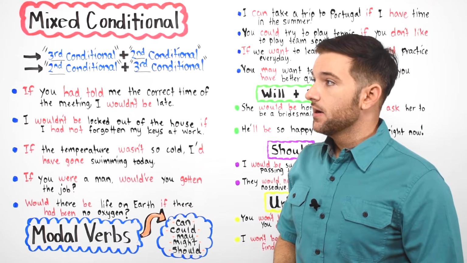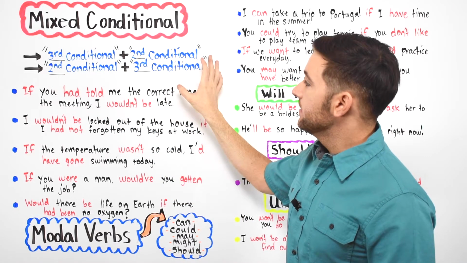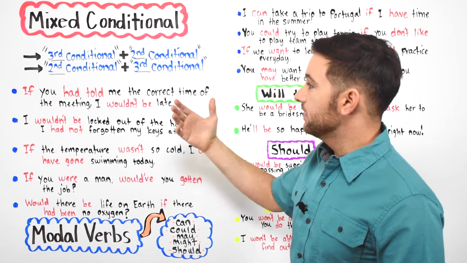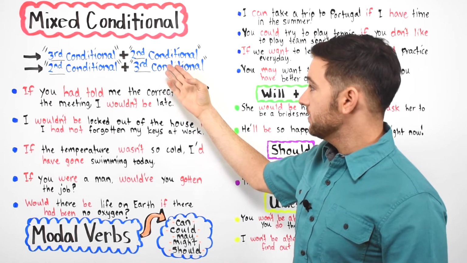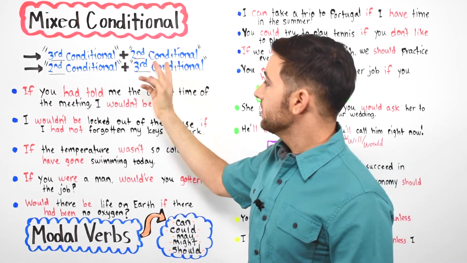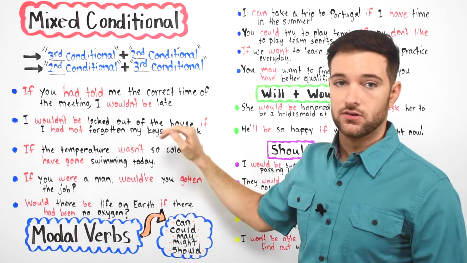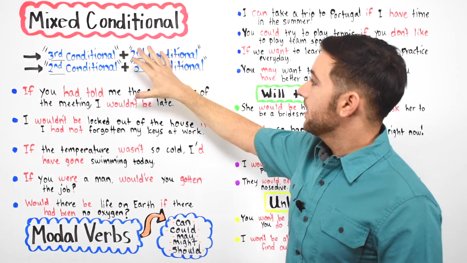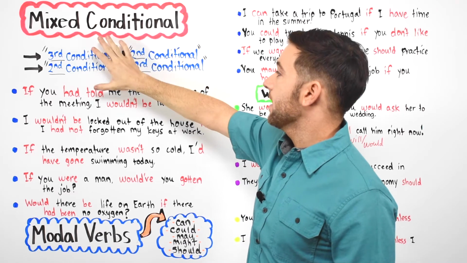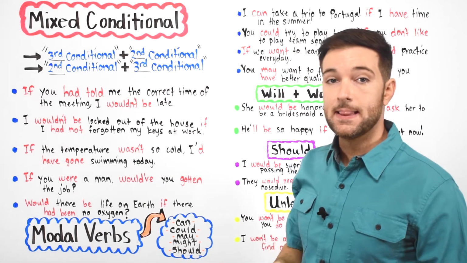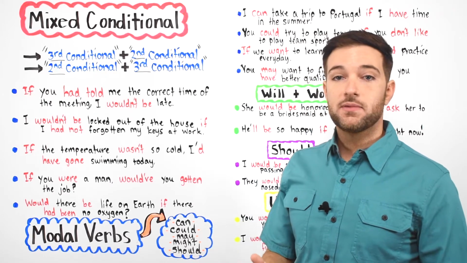Now, if you look here, we can see that the mixed conditional is made up of parts of the other conditionals. For example, you can have the third conditional plus the second conditional. Those two go together. Or you can swap it around and have the second conditional plus the third conditional. That basically makes up the mixed conditional, and it is comprised of this formula right here. Okay, let's look at some examples, and then afterwards we'll look at some of the modal verbs,